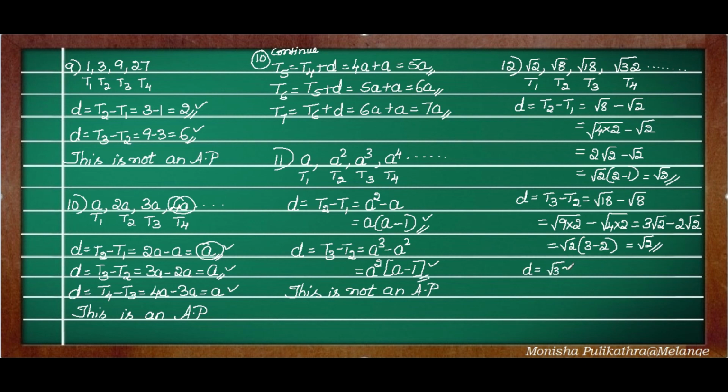That is root 32 minus root 18. Okay, that is T4 minus T3. I am directly writing it. T4 minus T3. So root 32 can be split as 16 into 2. 16 twos are 32. Okay. Next, root 18 as 9 twos are. So what is the square root of 16? The square root of 16 is 4. When we take 16 outside, it will become 4. So 4 root 2 minus 3 root 2. The square root of 9 is 3.